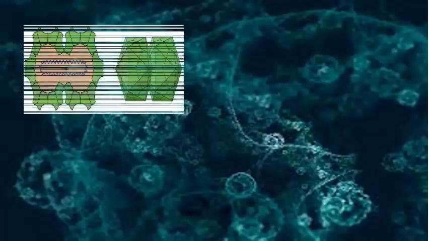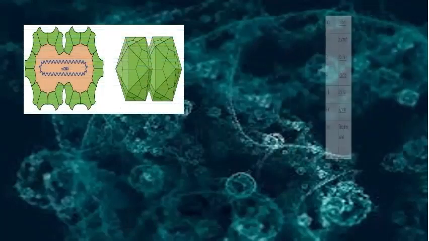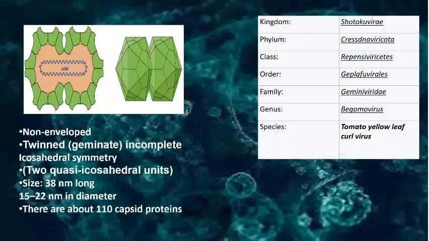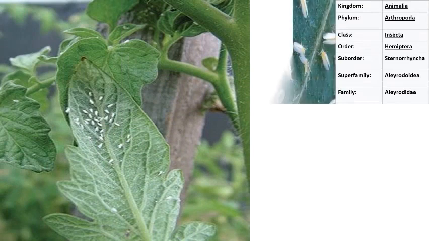The tomato leaf curl virus is a DNA virus from the genus Begomovirus and the family Geminiviridae. It is non-enveloped, with twinned incomplete icosahedral symmetry with two quasi-icosahedral units, size 38 nanometers, diameter 15 to 22 nanometers, with 110 capsid proteins. The virus is transmitted by an insect vector which belongs to the kingdom Animalia, phylum Arthropoda, class